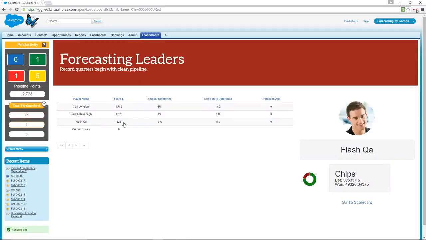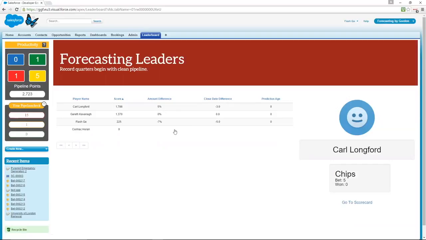So I'm not doing so well from a forecasting point of view, but I can see here that Carl is one of the top forecasters, and I can see how he's doing in terms of accuracy on the amount. So he's only 5% off. He tends to close about 5% more than he is expecting, and he closes a lot sooner in terms of months than he typically expects to do.